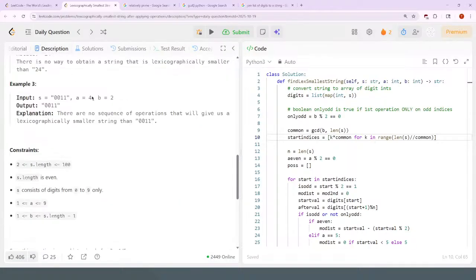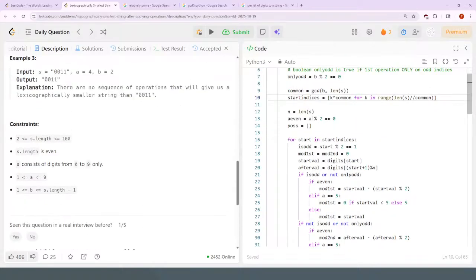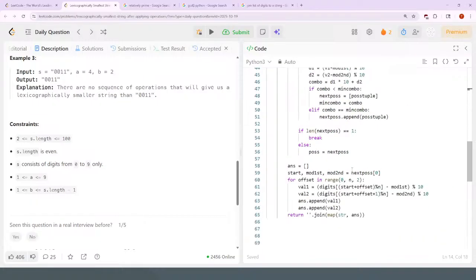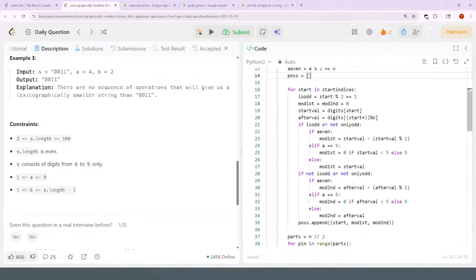Anyways, okay. And this is, I don't even know. I feel like there's a lot of ways I could possibly have done this better. I don't know, but